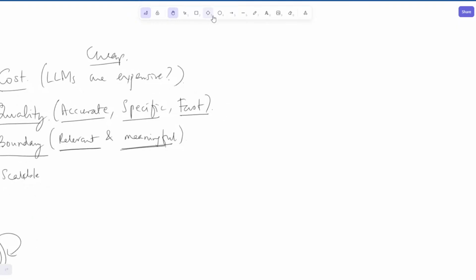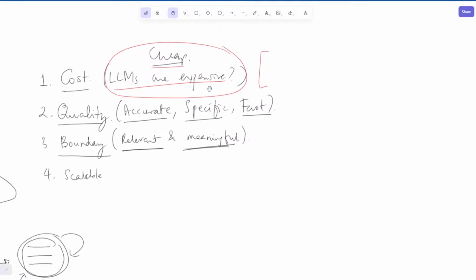Okay, so first thing is cost. Guys, what can we do around cost? If large language models are expensive, or they are cheap, is cost a factor at all? I would say cost is a factor, but not a very big factor. Quality is a much bigger factor. It's also partly why OpenAI is doing so well, because they do care about cost, but they make it very clear that we'll give you the best quality LLM.